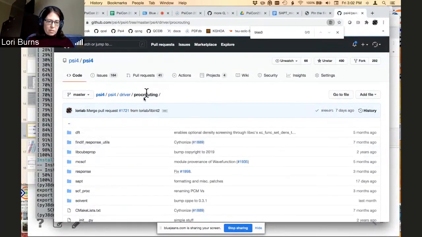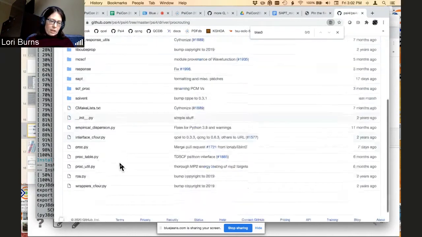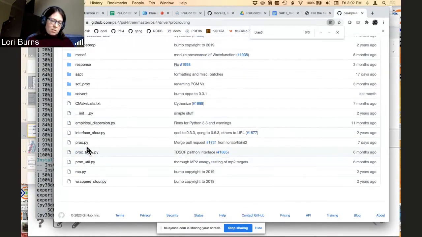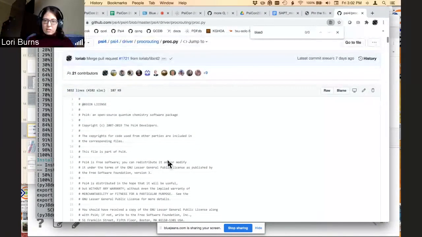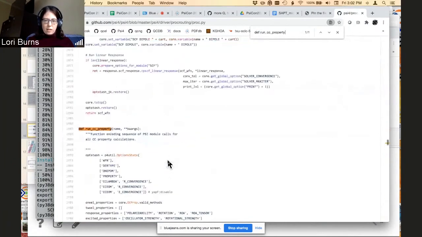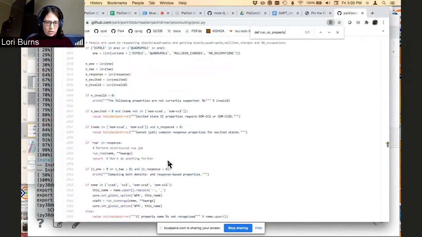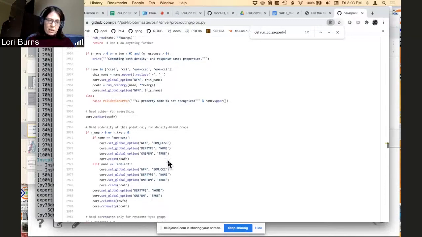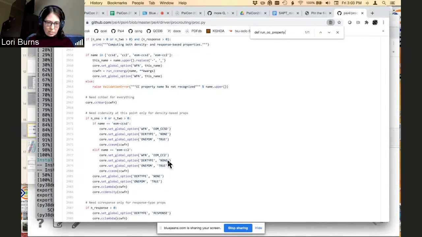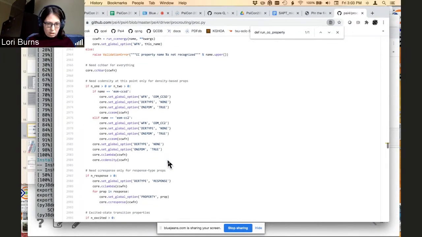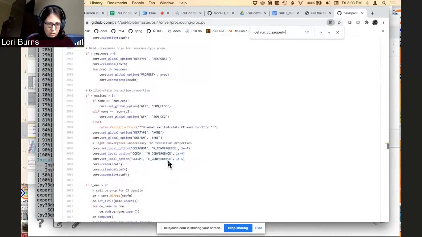And back to proc routing, all of the commands that those functions in proc table call are in proc.py. And so this is another very long file, but we will look for that function that we just know got called. And so here is, after a bunch of logic, because properties in coupled cluster are complicated,